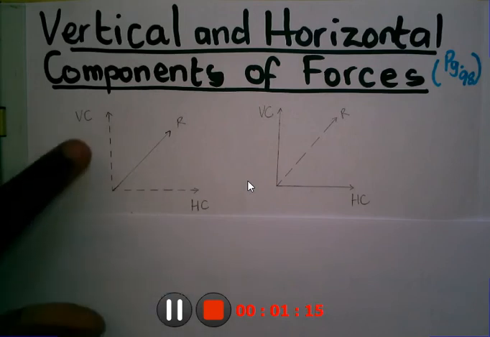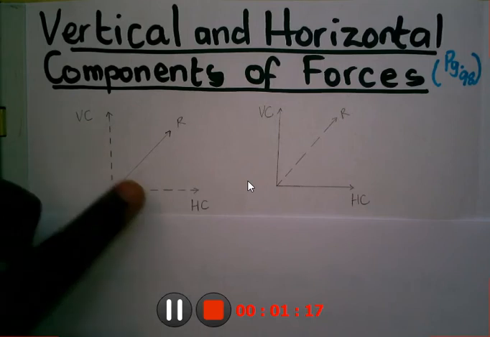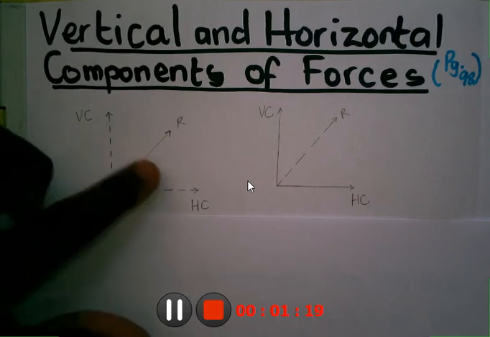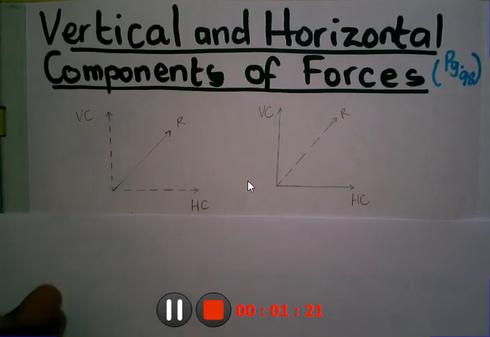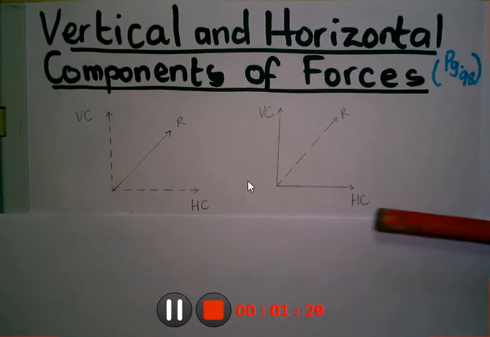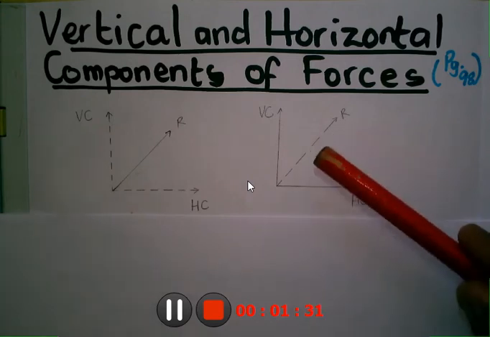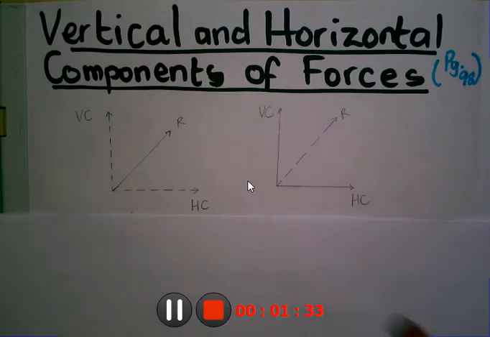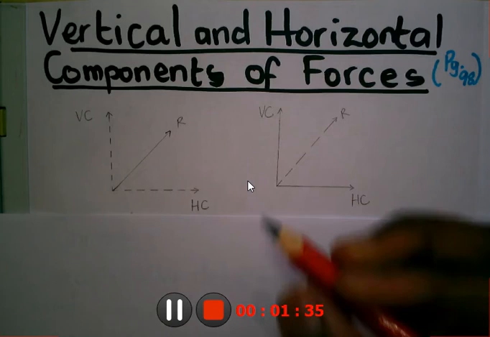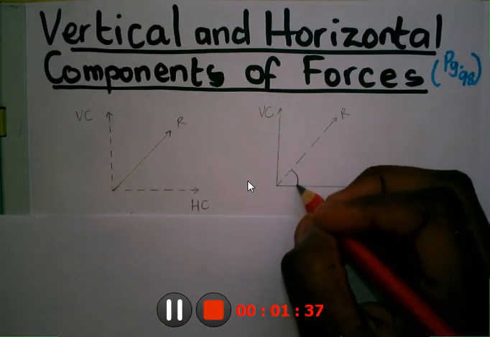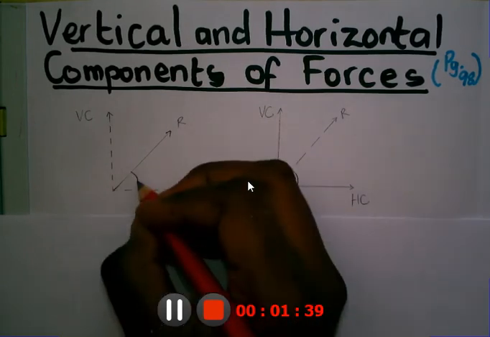In the first place, we were given our components and resolved them into a resultant that will replace them. Now, in this section, we are given a resultant and we are going to resolve it into its horizontal and vertical components, considering that we are given